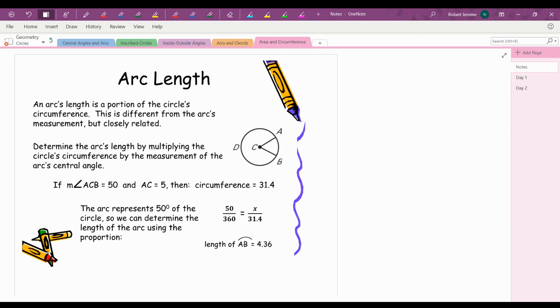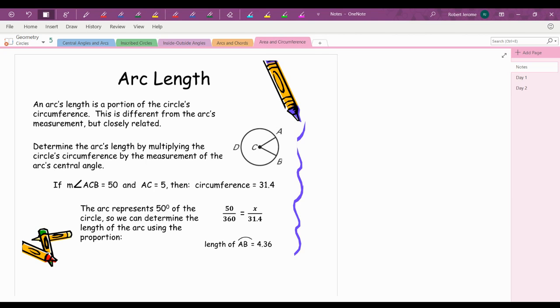So think about a tennis ball. If we went halfway around a tennis ball, that's 180 degrees, and it might be 3 inches. But if we went halfway around the Earth, that's still 180 degrees, but it's thousands and thousands of miles. Very different in length or distance, even though it's the same degrees. Well, all we're going to do is find the circumference and then the part that we care about. So if you look at this example,